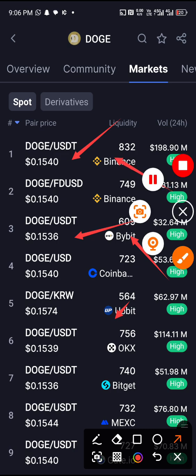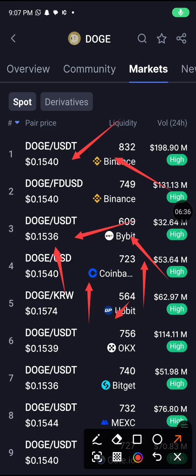All right, so we're going to navigate ourselves to Bybit in order for us to secure, to buy this Doge coin at this very rate. And again, one thing you must understand is that you must look at everywhere. Don't exactly follow mine. You can look at everywhere.